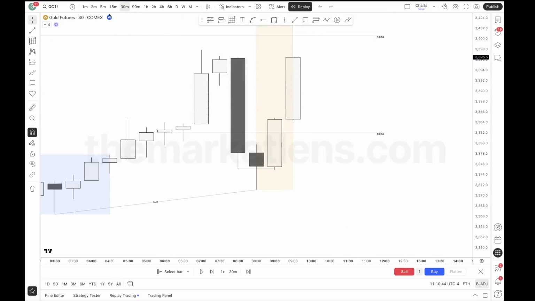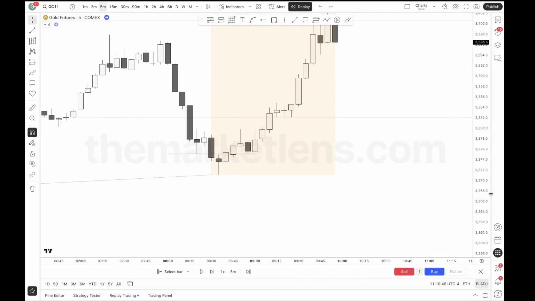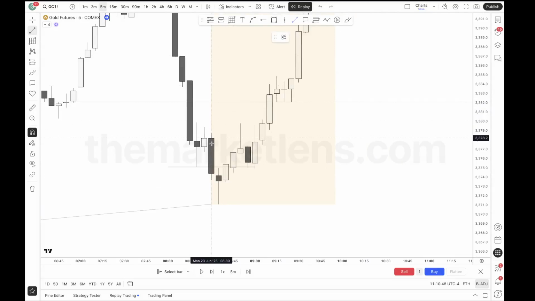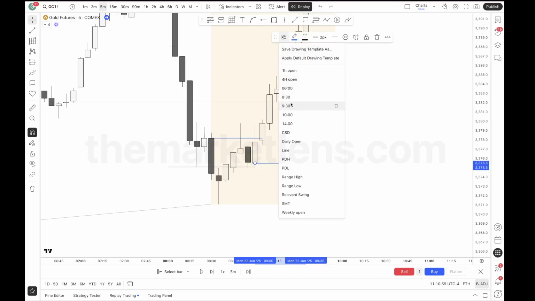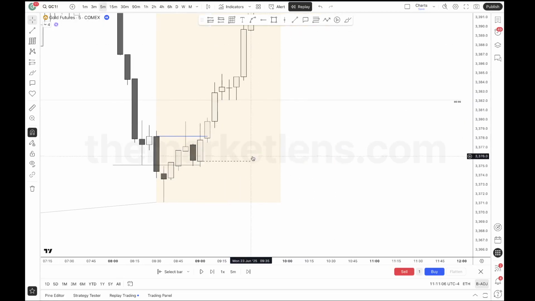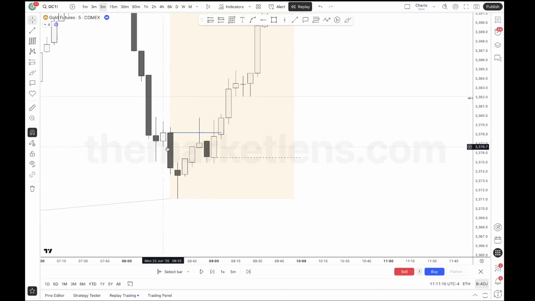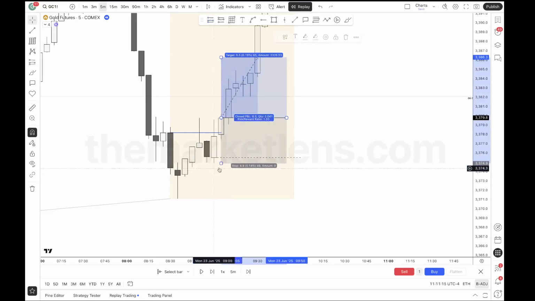So when I drop lower, really all I need to see is this close above, right? Because we don't have a reversal inside of candle 2 here. So when candle 3 opens right here at 9 o'clock, as soon as we close over that, that's your confirmation, because now the 9 o'clock low, which is basically just a line right here, this is the 9 o'clock open, which is the new hourly candle open, is protected by a CSD essentially, right? So you can just take this straight off the rip right here, but I missed this entry. This is the ideal entry.